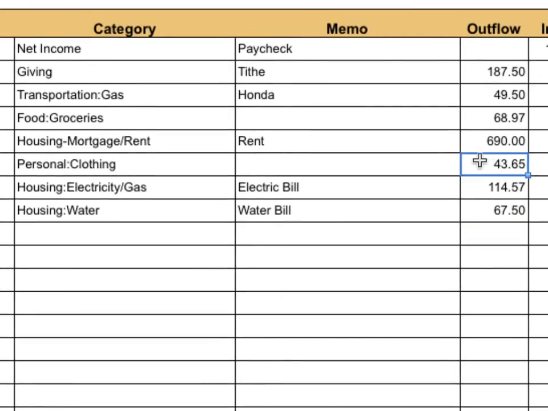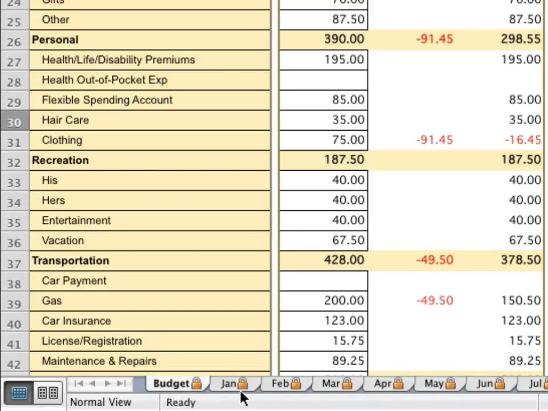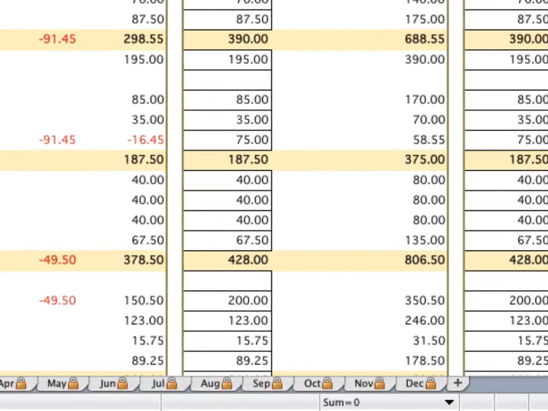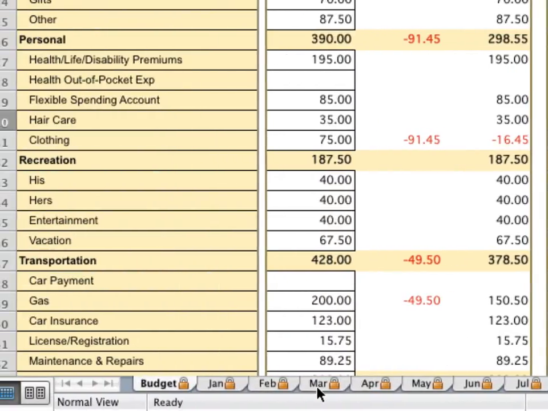Let's change this to $91.45. When I go back to the budget, I can see that I've overspent by $16.45. Now, I can leave that as is and have less to spend next month, which would give me only $58.55 in my clothing budget for February, or I can make a decision to move some funds from a different category